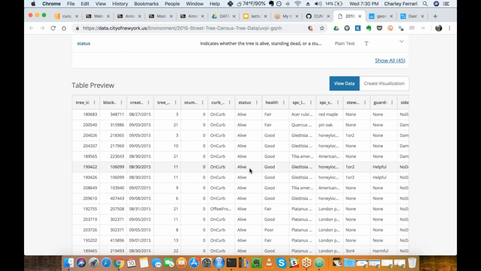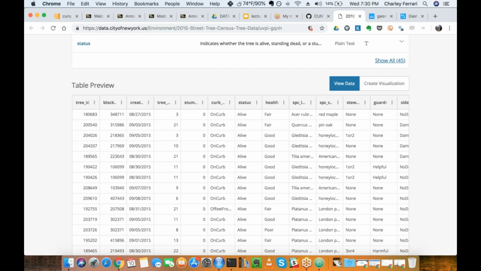So this is a pretty cool data set. This is aiming to log every tree in New York City. And actually, for those who live in New York City, I don't know if they're still doing it, but this was largely run by a volunteer effort. So you could volunteer yourself if you want to begin cataloging trees in your neighborhood, if that's something that interests you.